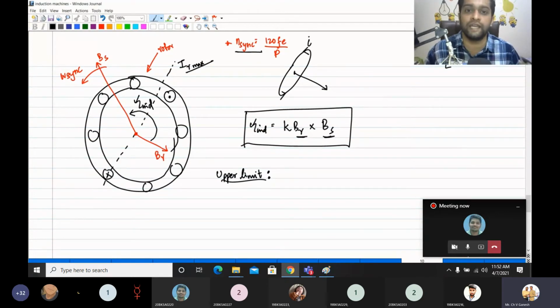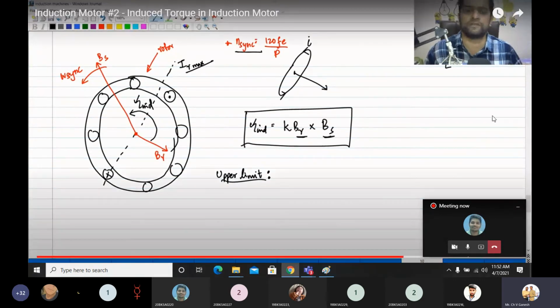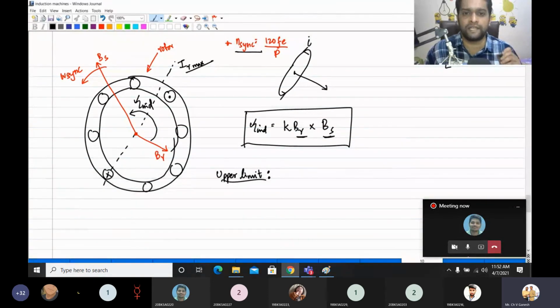And if there is no current, there is no torque, because torque is produced due to the current which is flowing, right? The interaction of the current and the magnetic field, that is how torque is built. So if you have no induced EMF, there is no current and there will be no torque, and the motor will start to slow down. So what I am trying to say here is that the induction motor can never reach synchronous speed. It will try to reach synchronous speed, but it will never reach there. It is like a running race.